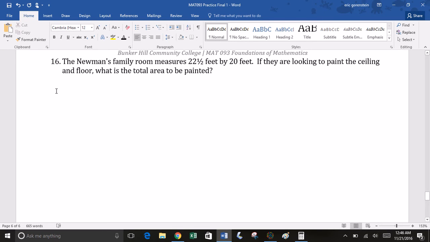Okay, let's see. The Newman's family room measures 22.5 feet by 20 feet. They're looking to paint the ceiling and the floor. What is the total area to be painted? Okay, so